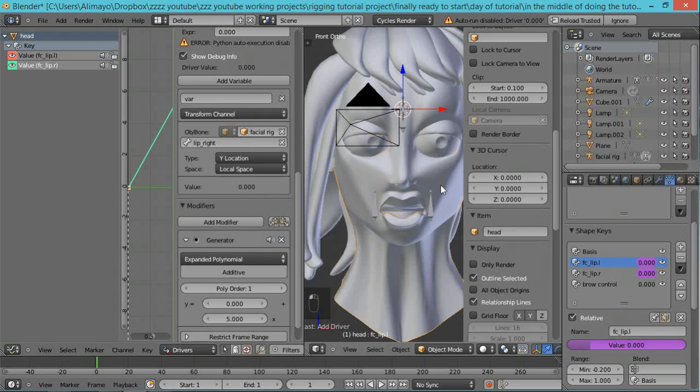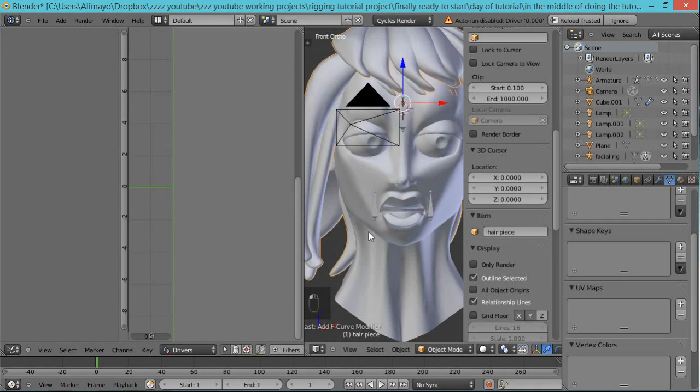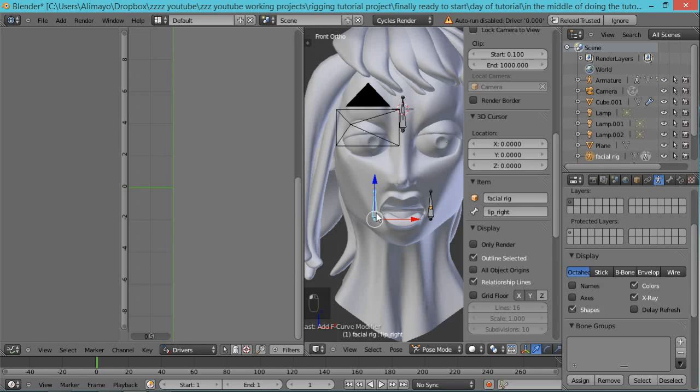Now we come back over to the face, or actually to the other screen. We select the armature first. Now, when I selected it this time, it took me right into pose mode, which is cool. But if it didn't, you would select armature and then just go to here and go to pose mode. And now you can see, wait a second,